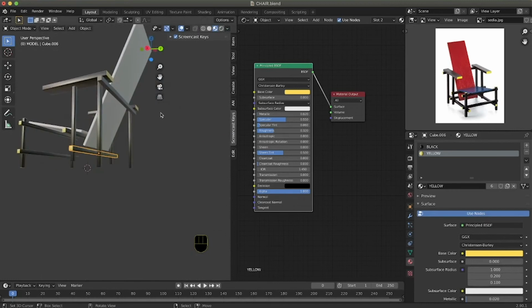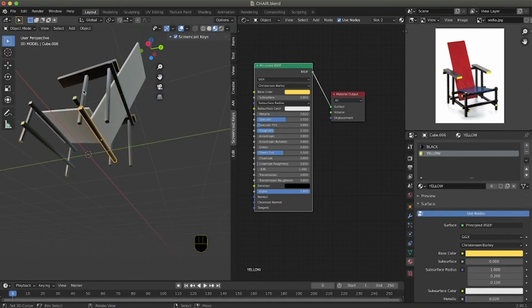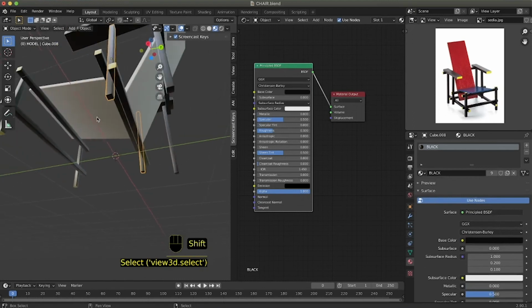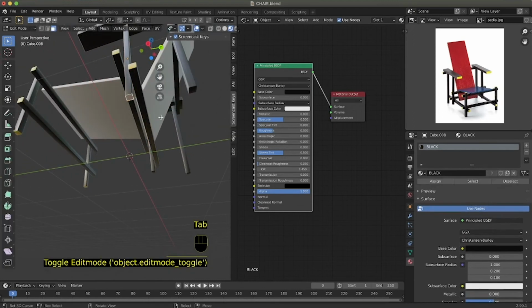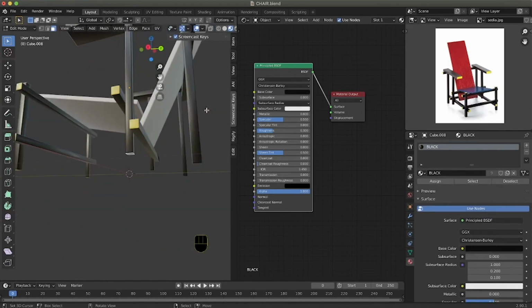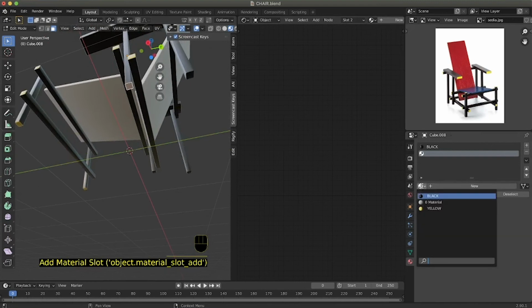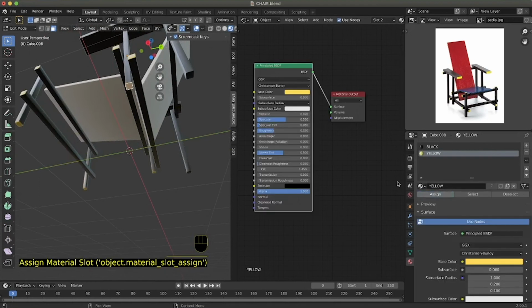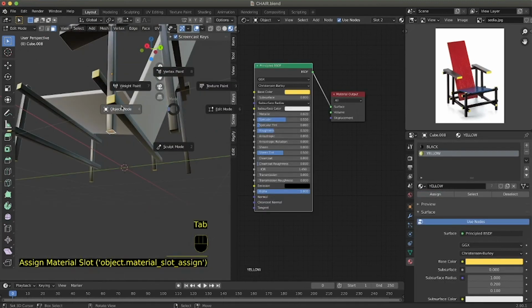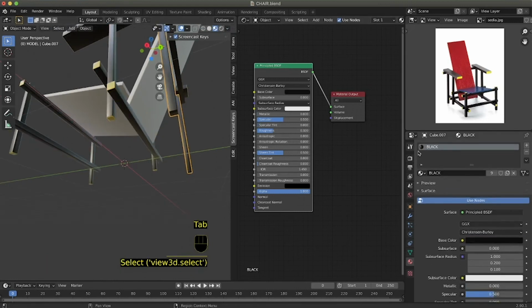For the bottom part of this one, it can have this yellow material assigned just because probably the top one doesn't have a color in the original chair, but the bottom one has for sure this yellow. We assign it, and then we have the last part, that's this one.